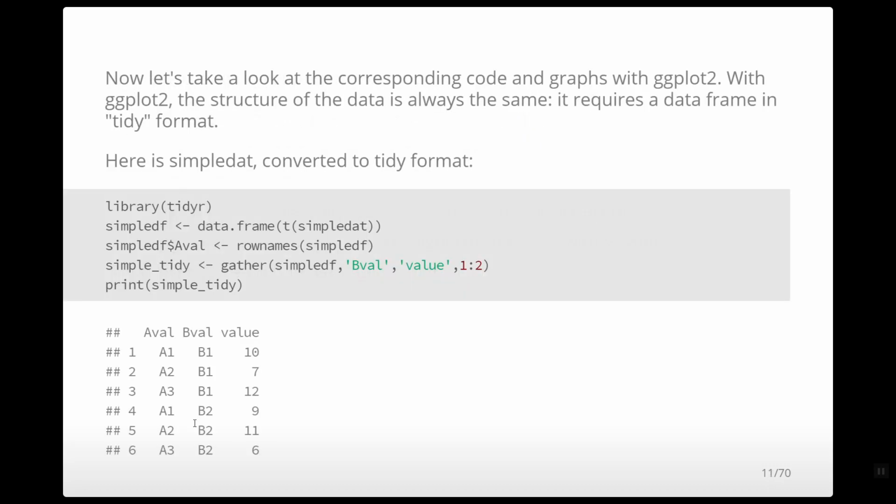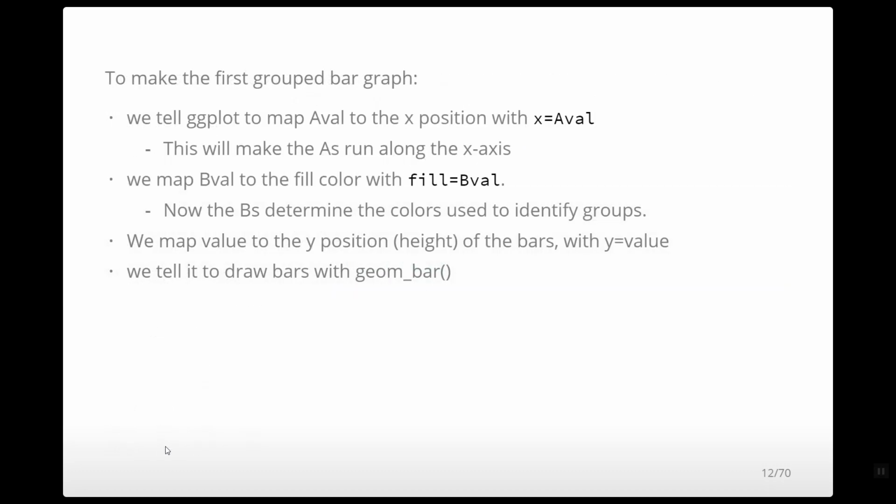It feels a little strange because these are not numeric, they are categorical, but we're effectively just designating certain spots on the horizontal axis to be for this category, and this category. So we're going to put category A1 on the left, category A2 in the middle, category A3 on the right,